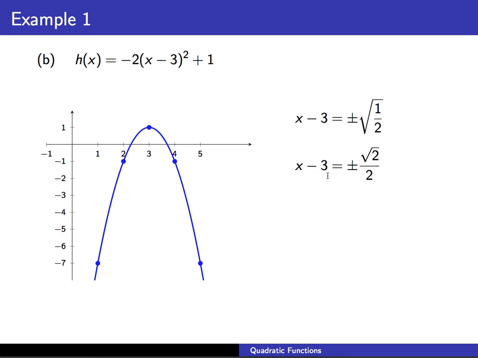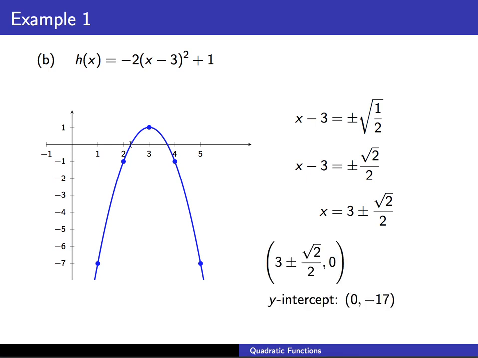And then add 3 to both sides, and we get our x-intercepts at 3 plus the square root of 2 over 2, so that's this point here, and then 3 minus the square root of 2 over 2, that's this point right over on the left. Our y-intercept, we'd have to scroll down a bit to see it on the graph, or